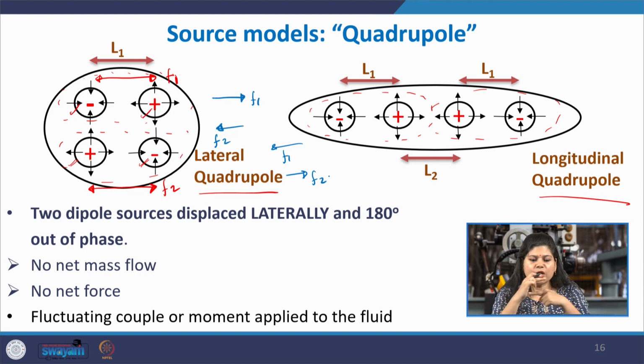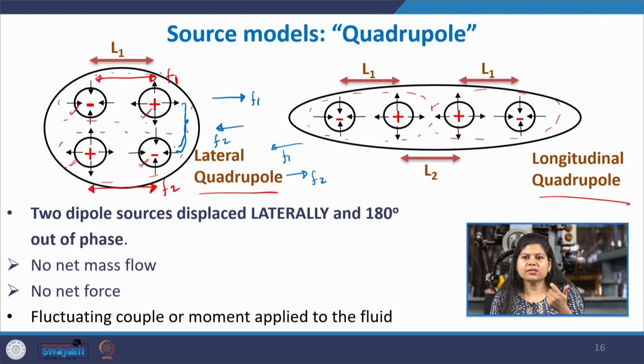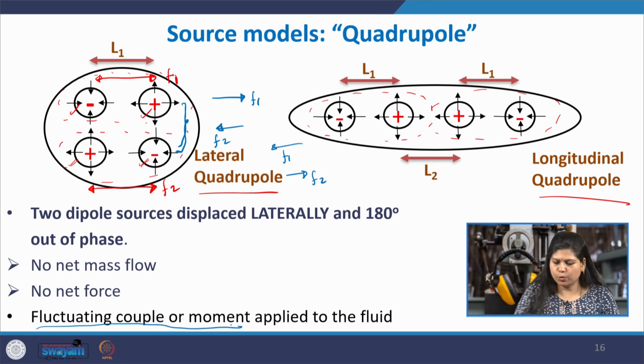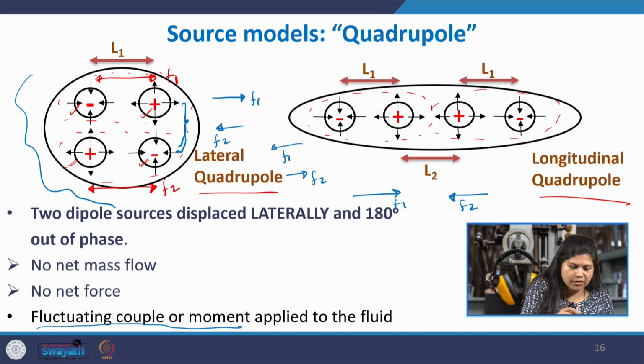So, it is like 2 equal and opposite forces separated by a certain distance. So, here what is that? 2 forces, collinear, separated by a distance, equal and opposite in nature, no net force, but they actually create a moment or a couple. So, that is the mechanism for sound wave generation. The same here, what is happening is that the force F1 is here and the force F2 is here. Okay. So, here what we see is that we get a couple